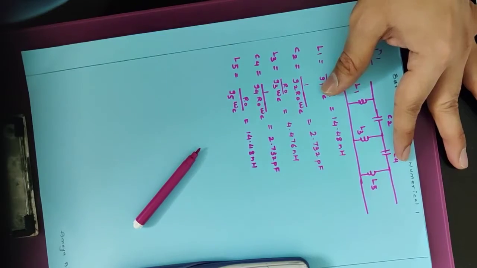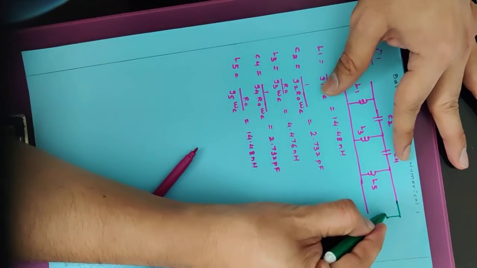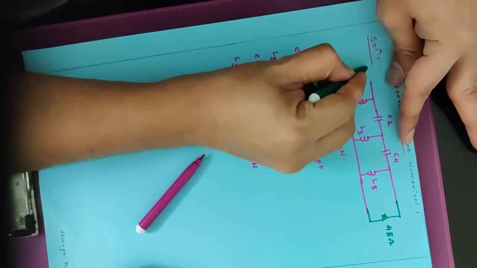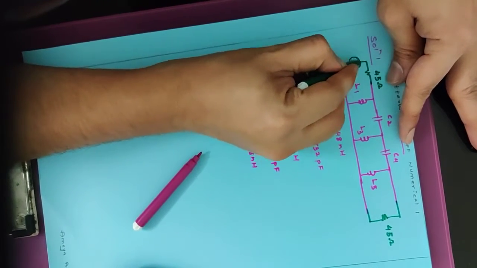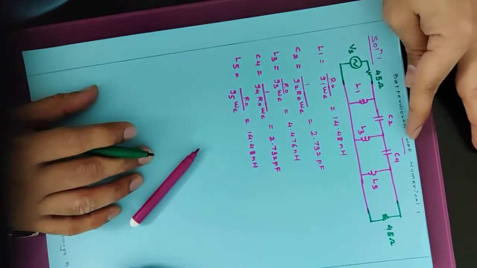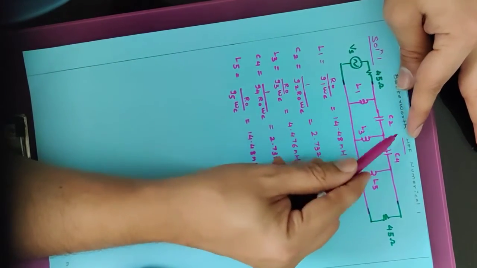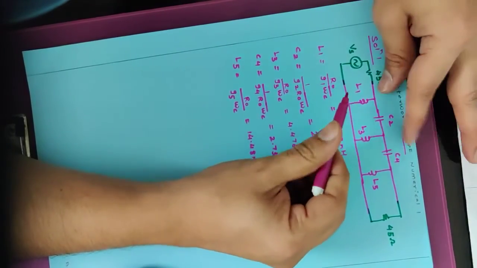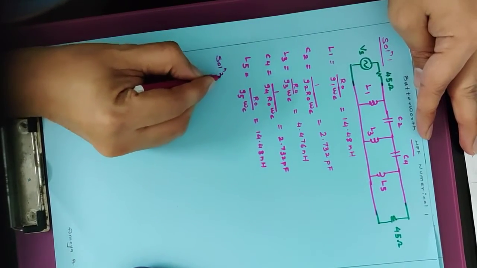So I will complete the circuit. Here I will have the load resistance RL, which is equal to 45 ohm. Here I will connect the source resistance 45 ohm, and here there will be a source. So that is about solution 1. In solution 1 I have considered the first element as an inductor, because for a high pass filter this is connected in shunt. So now I will proceed to solution 2.